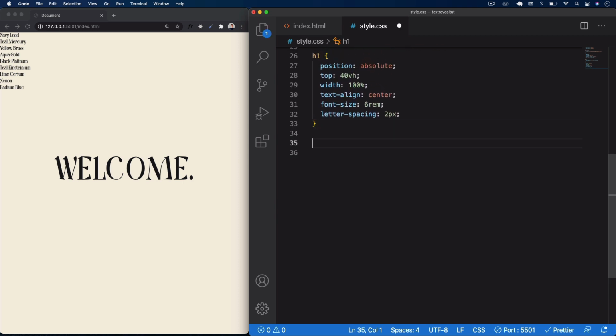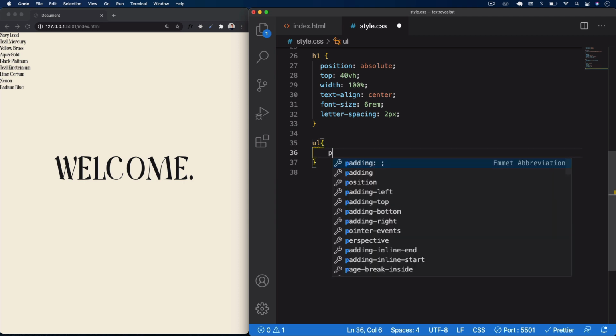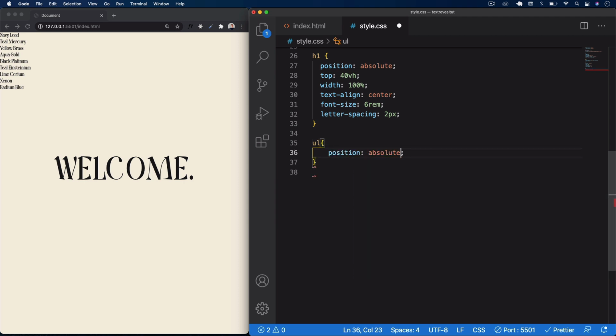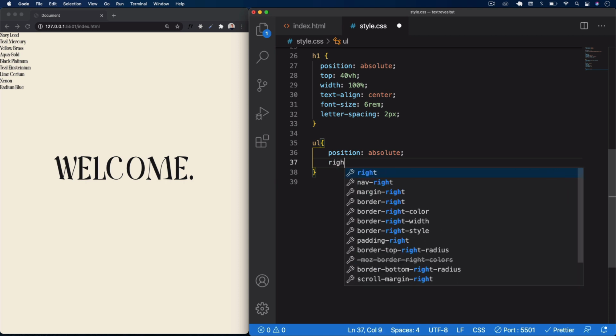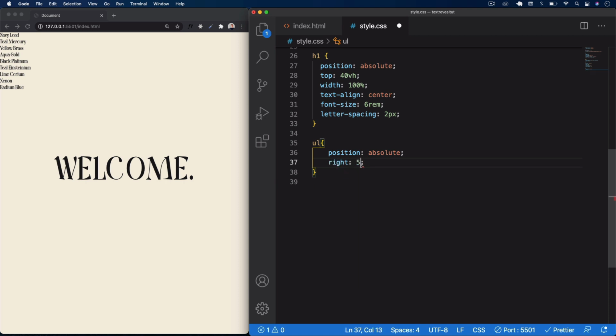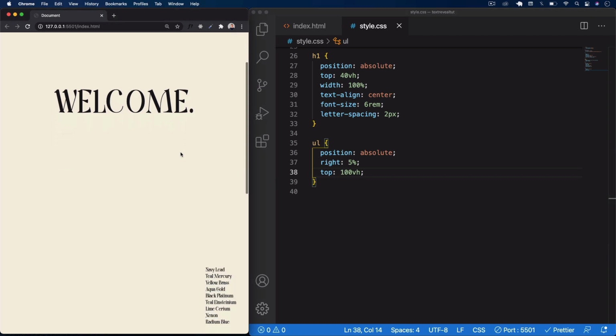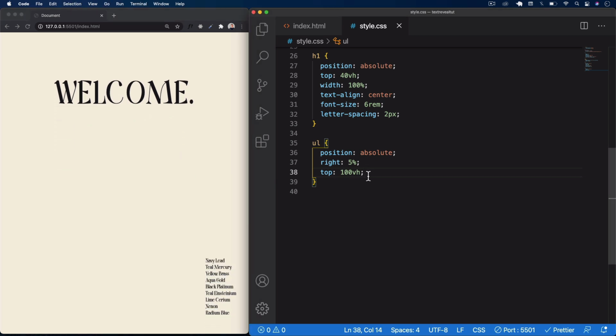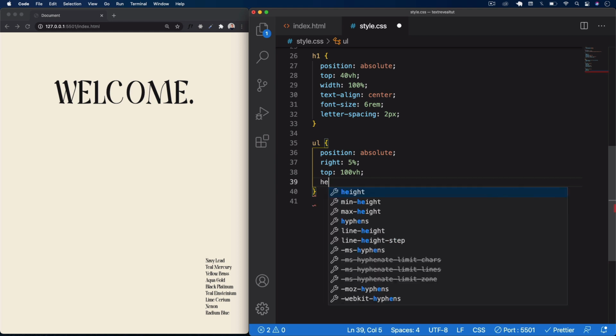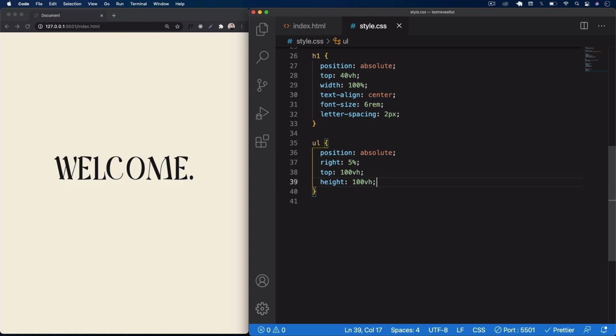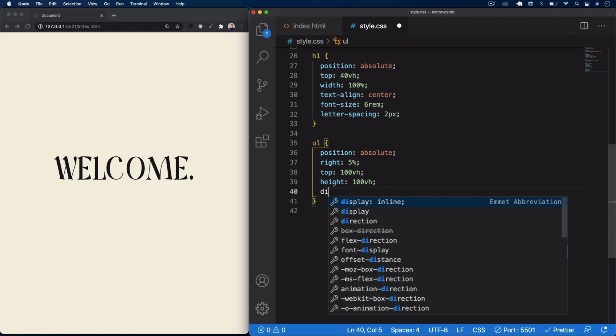And then underneath this, I'm next going to select the UL, the unordered list, which is containing all these list items here. So we'll say UL, and here I'm going to position that absolute as well, and then we'll say right 5%, and then top 100 viewport heights. Okay, so now we'll scroll down, there's our list, and then I'm also going to give this list a height of 100 viewport heights as well, say 100 VH, and then underneath that I'm going to say display flex,